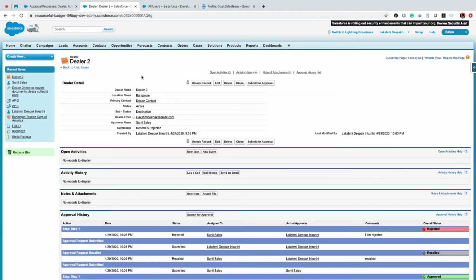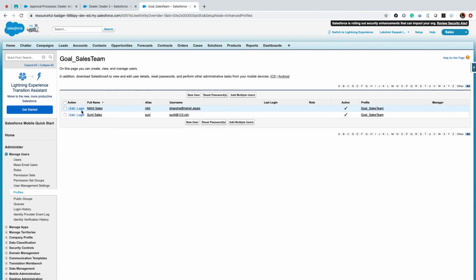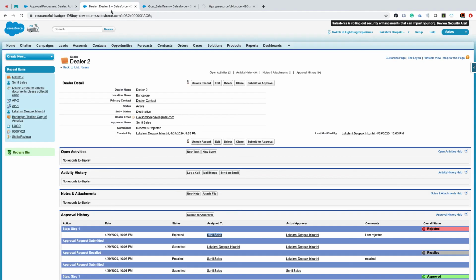Now who can edit the record? Only the approver or the system administrator can edit the records. So I'm going to view all users. I'll log in as Nikhil.